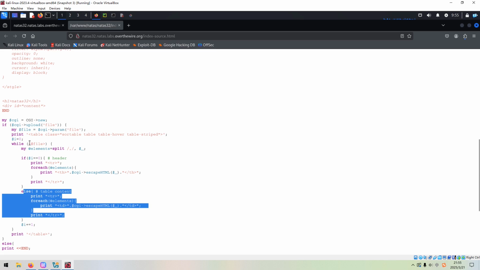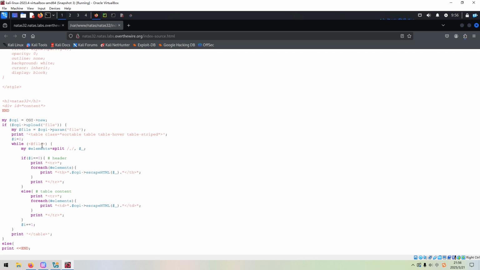When ARGV is put inside this diamond operator, the angle brackets, which is very specific to Perl programming language, the diamond operator will try to read one line at a time from the file. However, rather than putting the file handle, we put the string ARGV, and then this diamond operator will try to